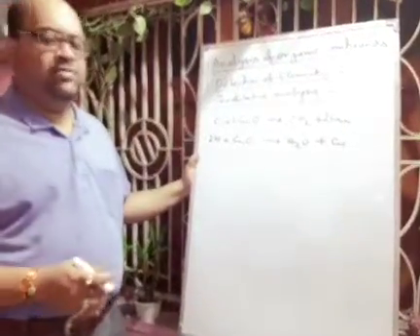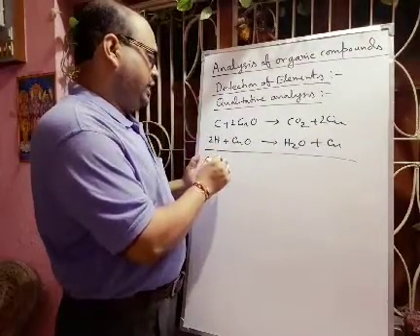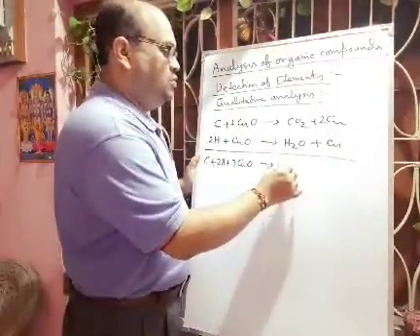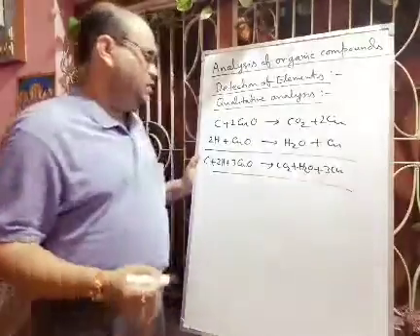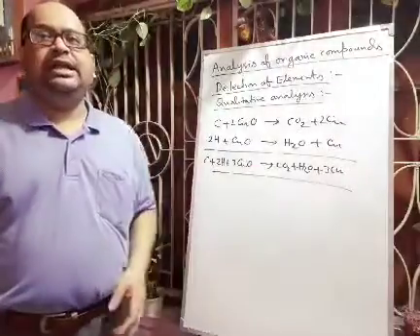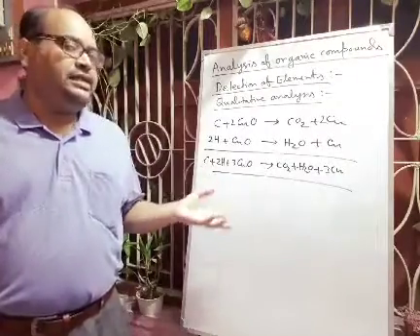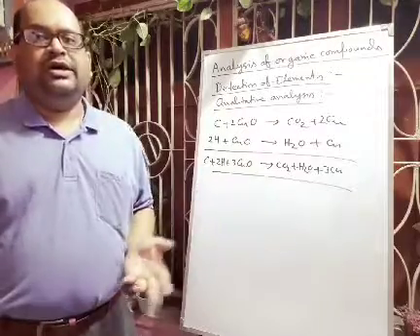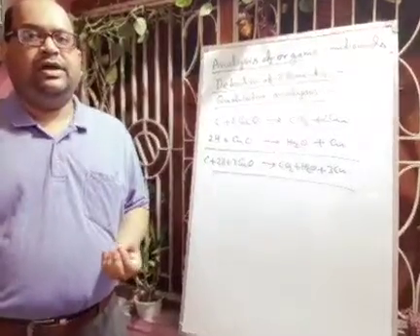So what will be the overall reaction when carbon and hydrogen are present in an organic compound? C plus 2H plus 3CuO forming CO2 plus H2O plus 3Cu. This is the overall reaction when both carbon and hydrogen are present in an organic compound. Here we are getting water formed, and the anhydrous copper sulfate will be white in color. When you pass this water vapor, it will become blue. In this way you can easily understand there is hydrogen in the organic sample.